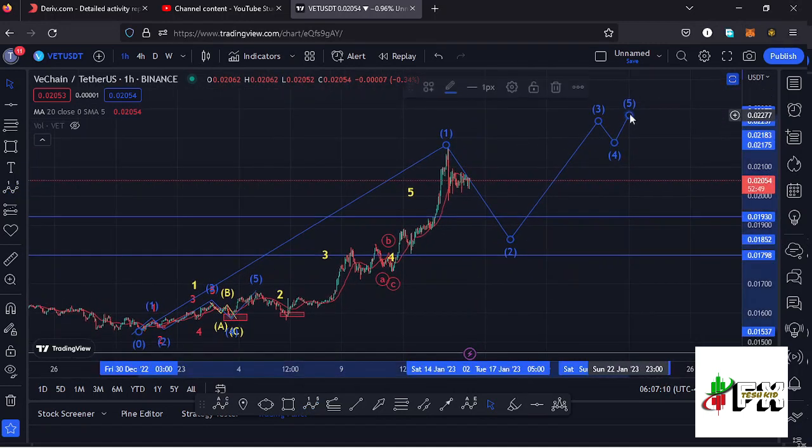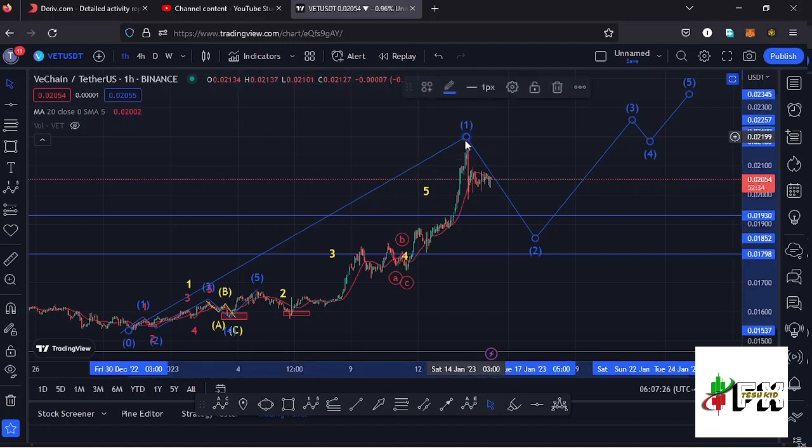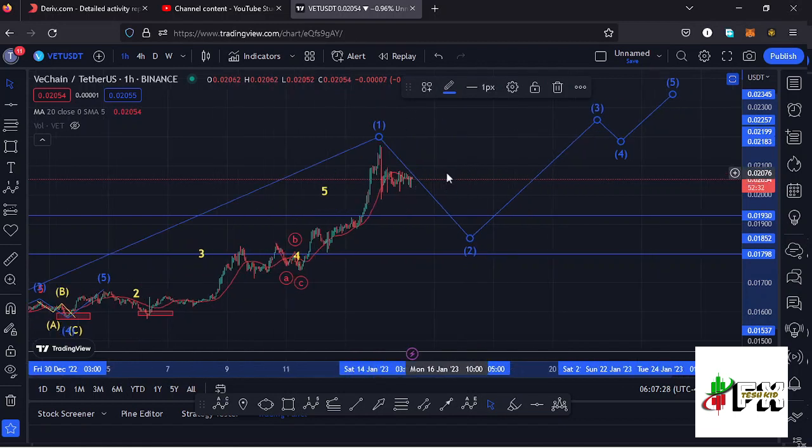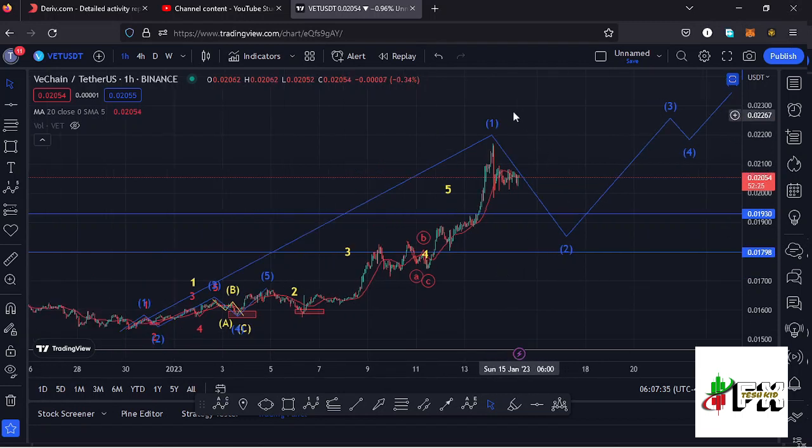And this Elliott wave structure that I have drawn out over here in blue, this is what is going to give me the short-term scenarios that I'm expecting to play out here on the Vechain chart. And after seeing the formation of that higher Elliott wave count 1 to the upside, whatever we expect next is a corrective structure in the formation of a higher Elliott wave count 2, and that is my primary scenario here on the Vechain chart. I think that we have peaked in the formation of this wave 1,